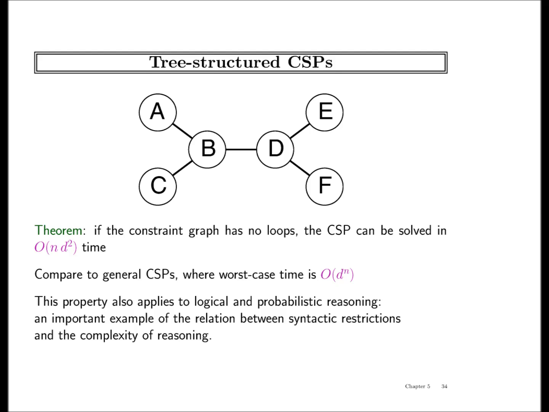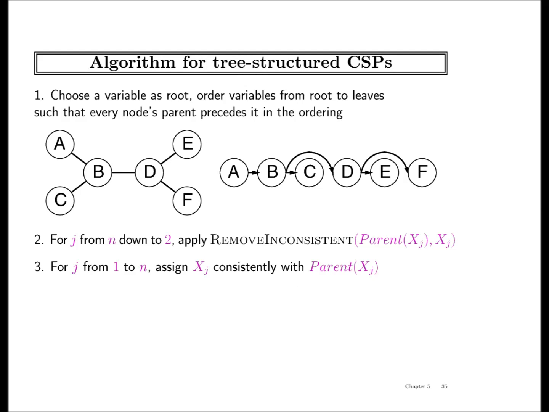So let's see how we can do this. The algorithm is rather straightforward. The algorithm is as follows. You hang the tree from some root node, like we did that for starting with A. So now we have A, B, then B goes to C, B goes to D, D goes to E, D goes to F. Basically assign some order, that is a topological order for this tree starting from any root.